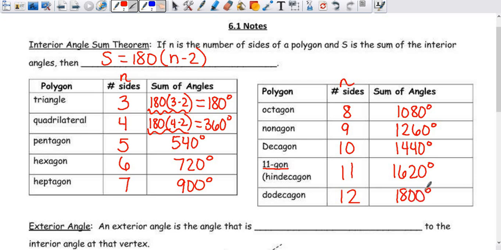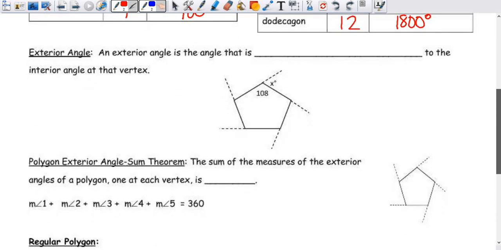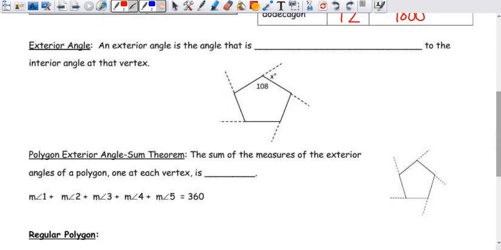And I got all of those from using this formula right up here, all right? So you can use this for reference, but what you'll be memorizing is this formula right here, okay? So that you can find it no matter what the sum of the angles are. All right? So those are the sum of the interior, and then we also will be dealing with exterior angles